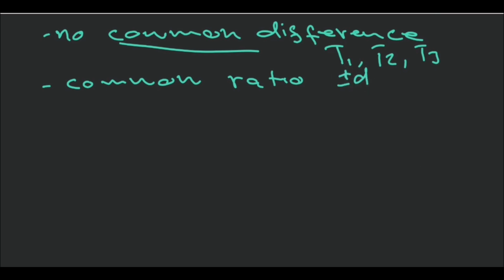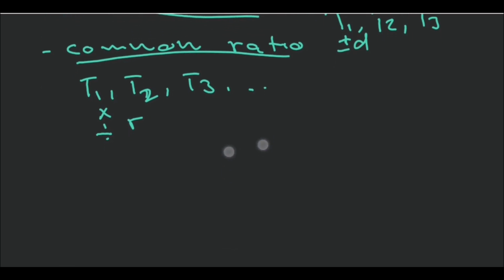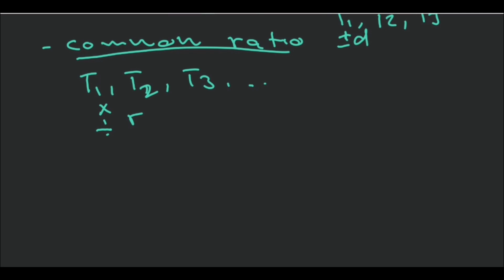But in this case, since we have a common or constant ratio, to get from T1 to T2 or from T2 to T3 and so on, we multiply or divide by a constant ratio. You understand? So to get this common ratio, the general rule is the ratio is equal to Tn over